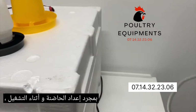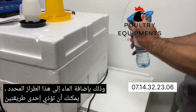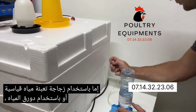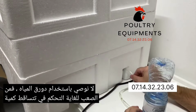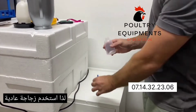Once the incubator is set up and running, you can move on to the next stage, and that's adding water. On this particular model, you can do it one of two ways, either with a standard water filling bottle or with the water decanter. We do not recommend the water decanter. It's too difficult to control the amount of water. It just overfills. So use a standard bottle to fill